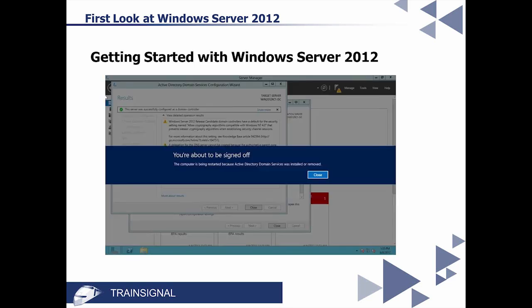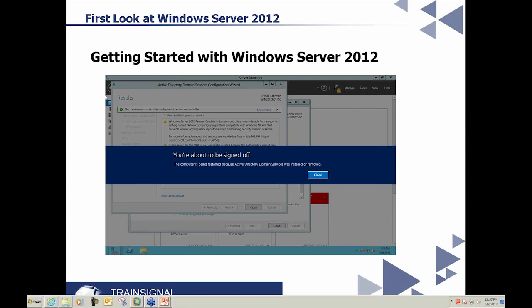And then when all is said and done, when it gets to the very end of this installation, this is what your screen will look like as a whole. This is because I'm on the local computer. If you were on a remote computer, looking at the monitor, this would suddenly come up on the screen. You don't have to do anything about it. It's just saying, you know what? We just installed ADDS, so you're about to be signed off, and the machine's going to reboot. And then you wait a few moments. I think it's about 15 seconds, and boom, the computer shuts down and it reboots. And what I want to do at this point is take us into the actual operating system.